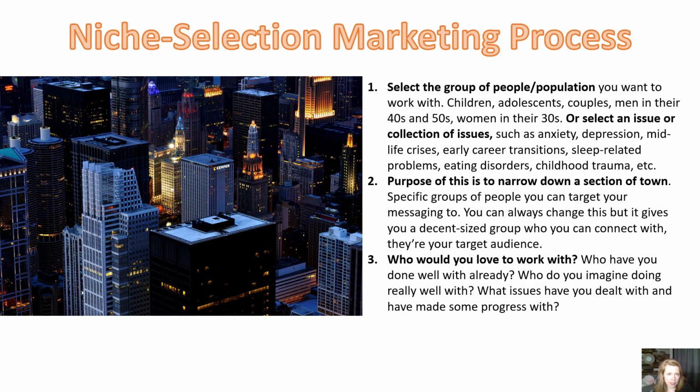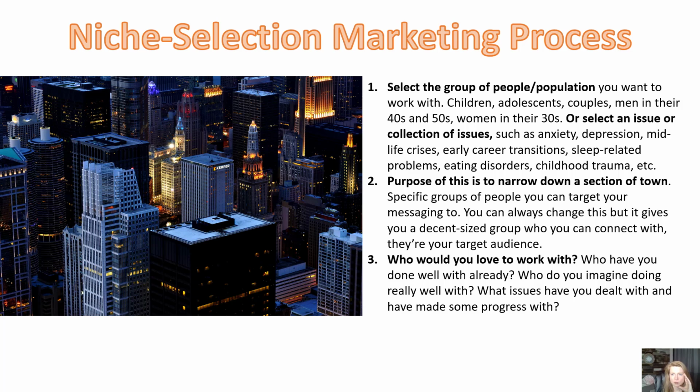Okay, so the niche selection marketing process. One, we want to select the group of people or population you want to work with: children, adolescents, couples, men in their 40s and 50s, women in their 30s, or select an issue or collection of issues such as anxiety, depression, midlife crises, early career transitions, sleep-related problems, eating disorders, childhood trauma, high conflict in couples is a good one. These are different issues, or a group of issues, that you can put together as a